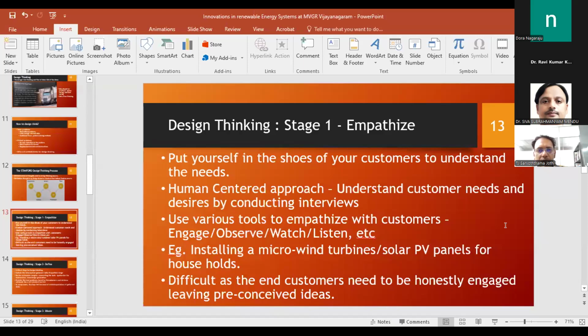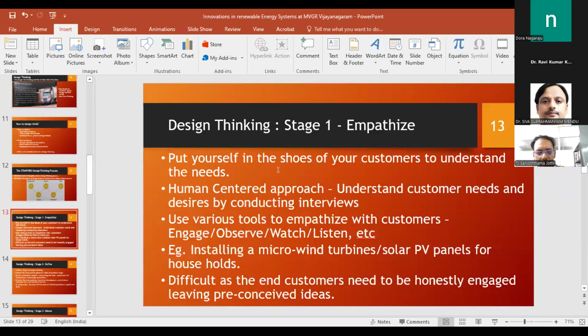Sir, I have a small query. What is the role of IoT in innovations in the renewable energy system? Can we integrate IoT systems into renewable energy systems? How will it change things in the new era in coming years?